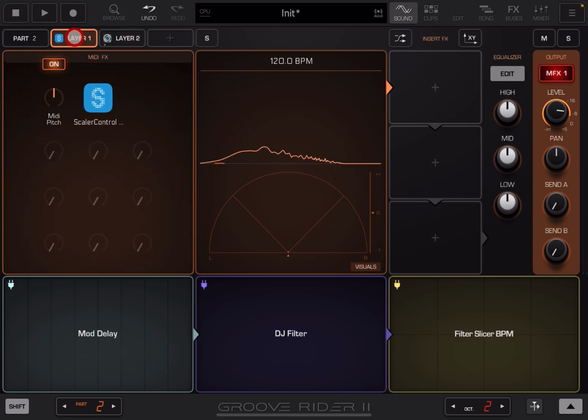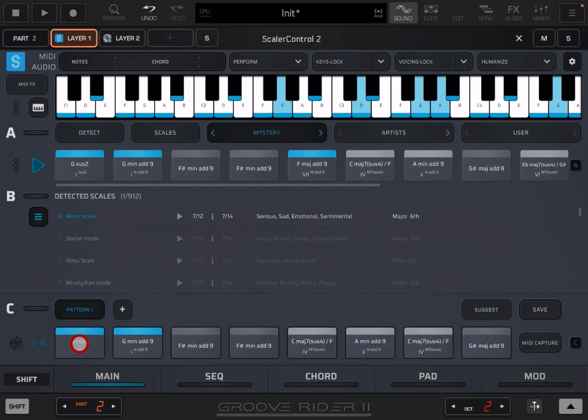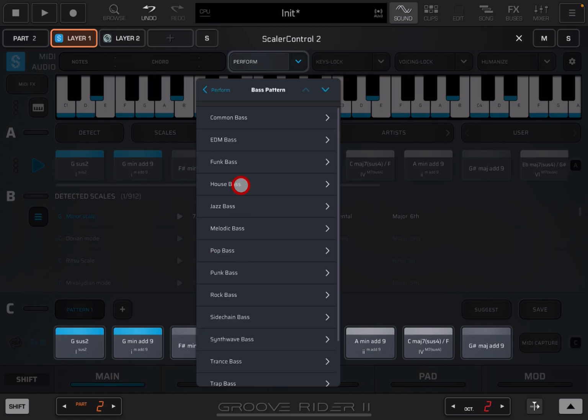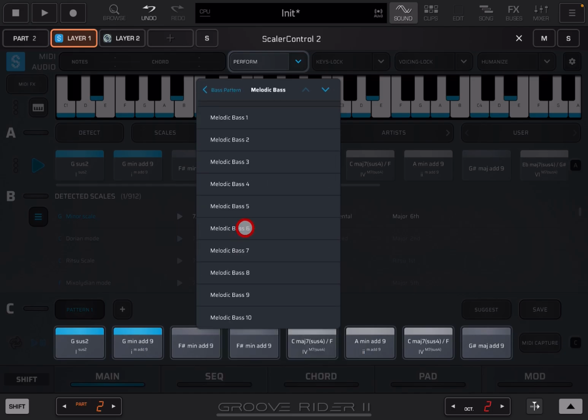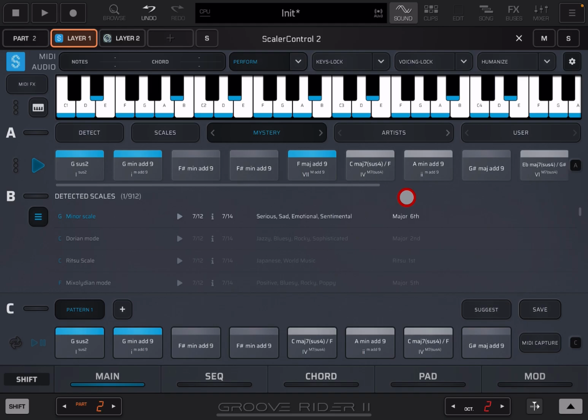Now I'm going to go back to Scaler. Remember, I had to turn it back on because it was a copy of part 1. I'm going to open Scaler, and it's still got my same chord because it's a copy. However, we're going to go into perform now. We're going to open this and we're going to go bass. Let's choose Melodic Bass 2. What's going to happen now is Scaler is going to play melodic bass on my synth. So if I press play now,